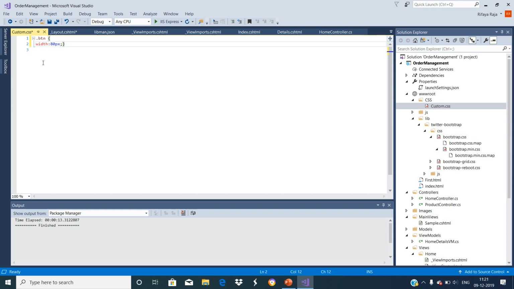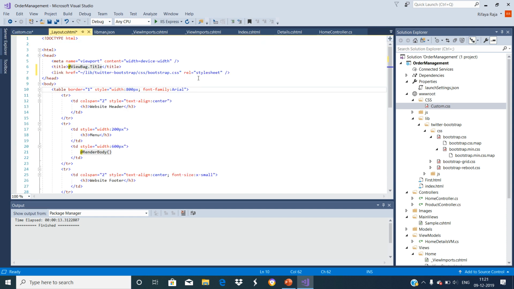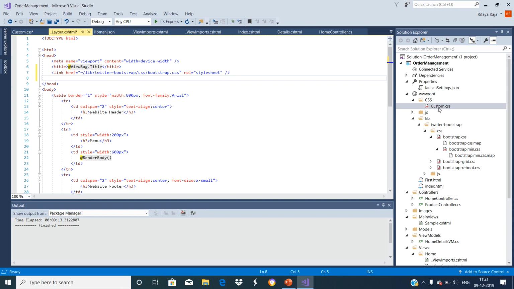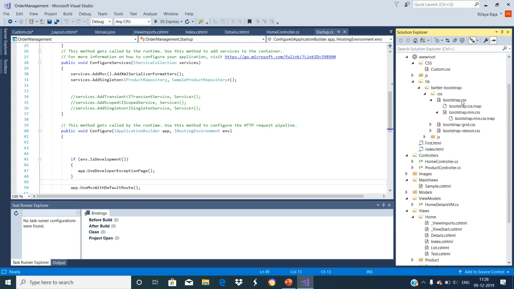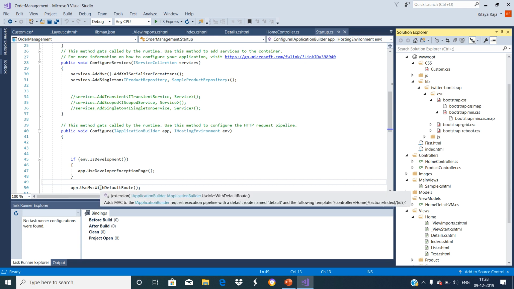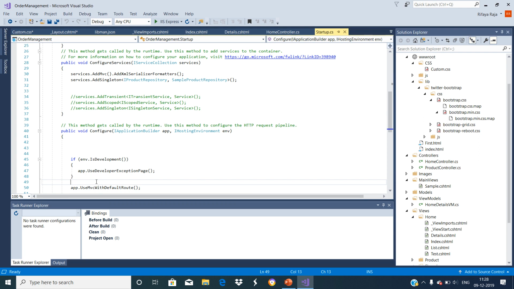This makes the button width 80 pixels. In order to include this in our application, drag and drop the CSS file in our layout page. So now we have a reference to both our Bootstrap CSS file as well as our custom CSS file. In order to serve that Bootstrap, we need to add the static files middleware before the MVC middleware in the request processing pipeline. So let us add here,